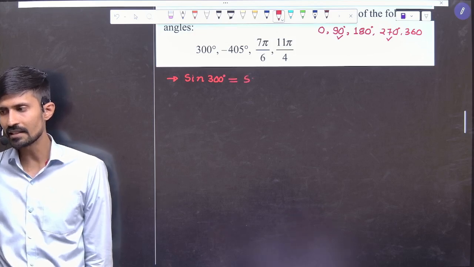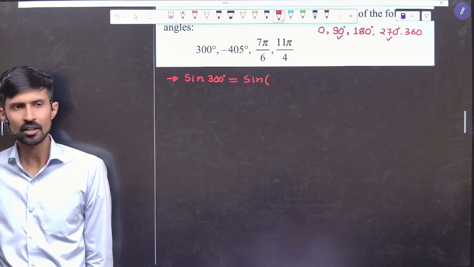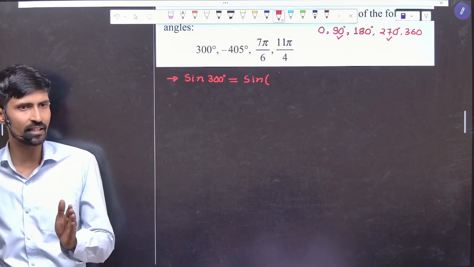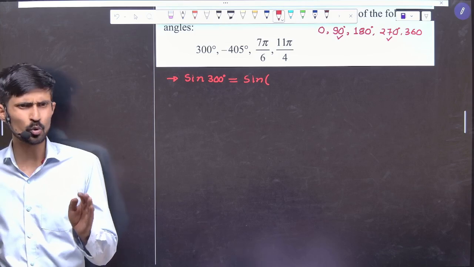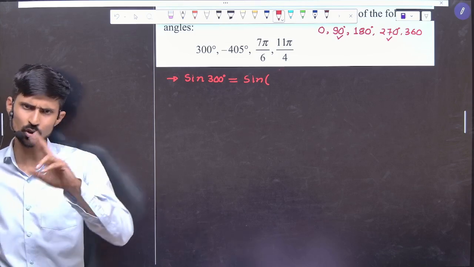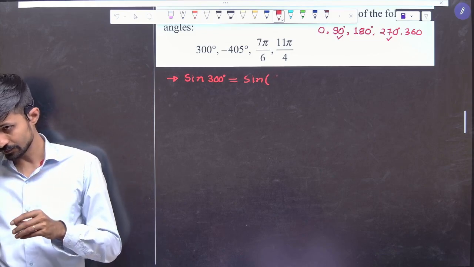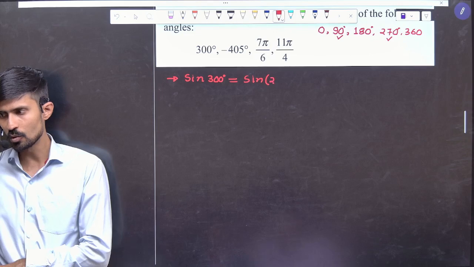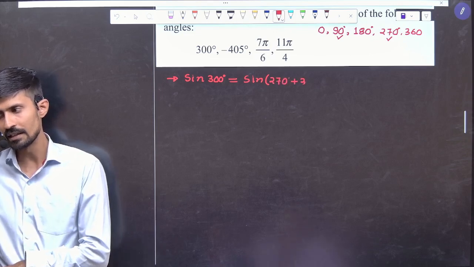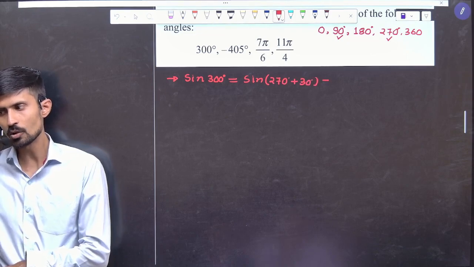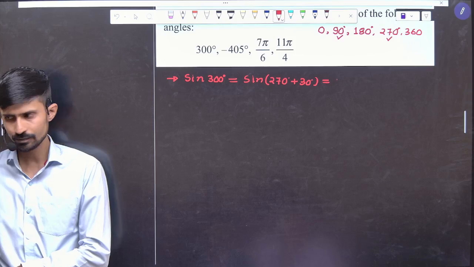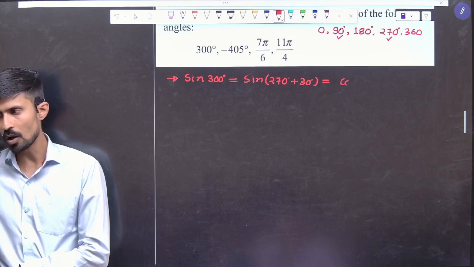So can we write sin 300 degree? Which is the nearest angle of 300 degree? 270 also, 360 also, both sides. So tell me, do you want to write 270 or 360? So we'll write 270 plus 30 degree. Now 270, the name will change or not? So this will become cos